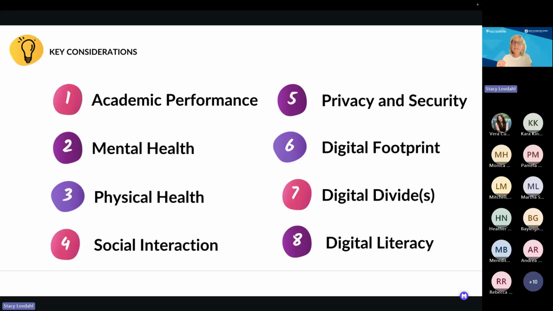We've got privacy and security considerations with technology in general, and then definitely with AI, and then all of the concerns about digital footprint and the digital divides. And with the digital divides, I put that in parentheses because we used to have a concern with just access to technology, to giving kids devices, giving teachers and students access to Wi-Fi in school, and one-to-one technology. But in the age of AI, access now has become access to AI technology, AI at school.